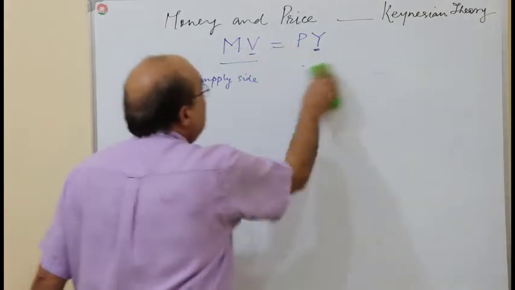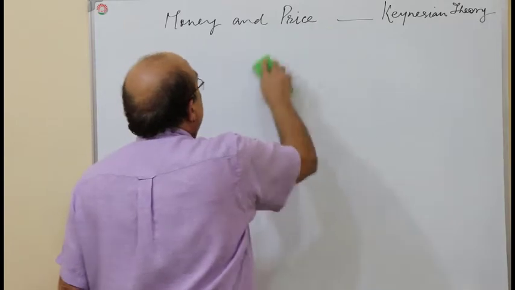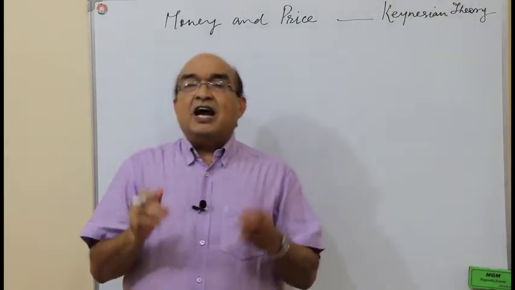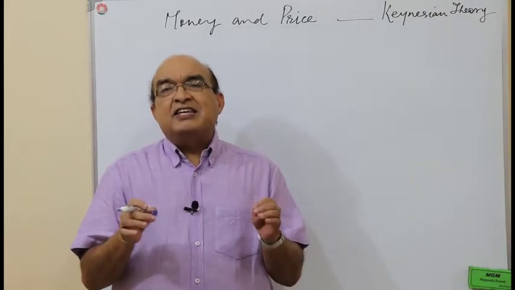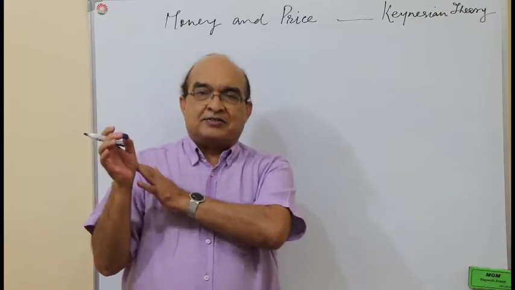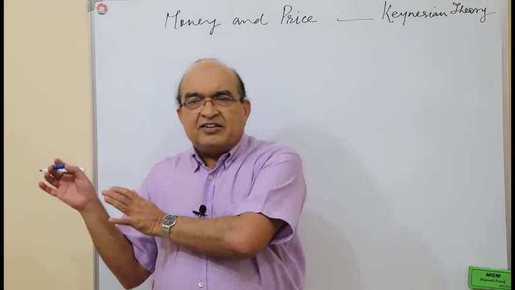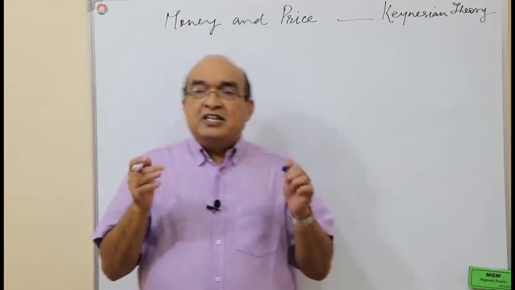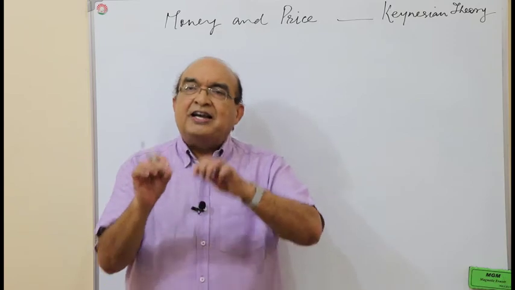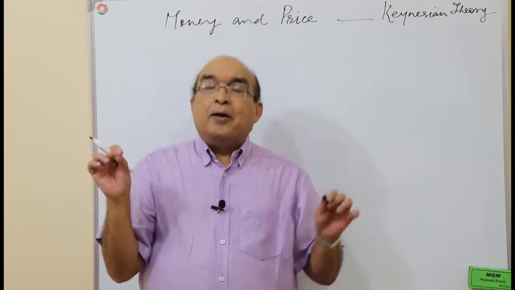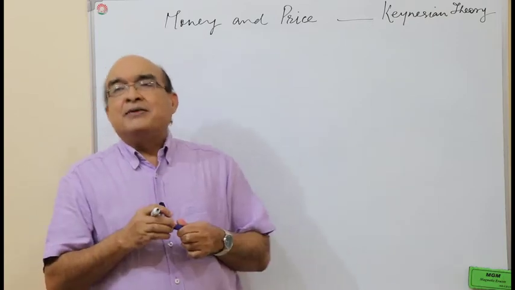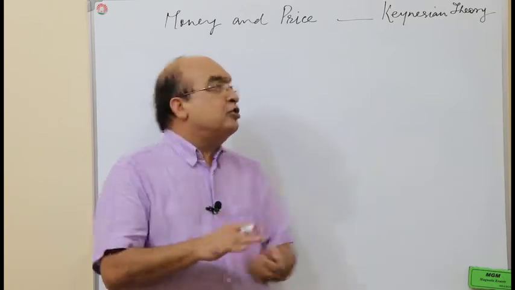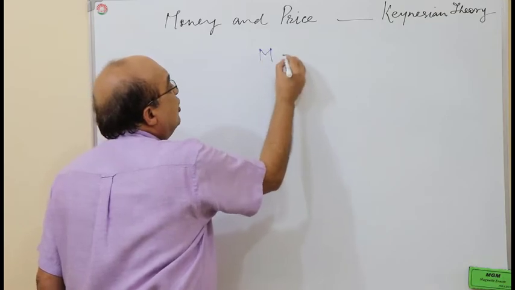Keynes' contention was that what classical economists did is what he termed as classical dichotomy. That is, they have divided the value theory and money theory into two watertight compartments, with no doors and window. Value theory is treated separately and price and money theory is treated separately. Whereas in the value theory, they have found the role of elasticities of demand and elasticity of supply. But in money theory, money supply is independent, or it is some proportion of the total volume, that is, you can find it KY,